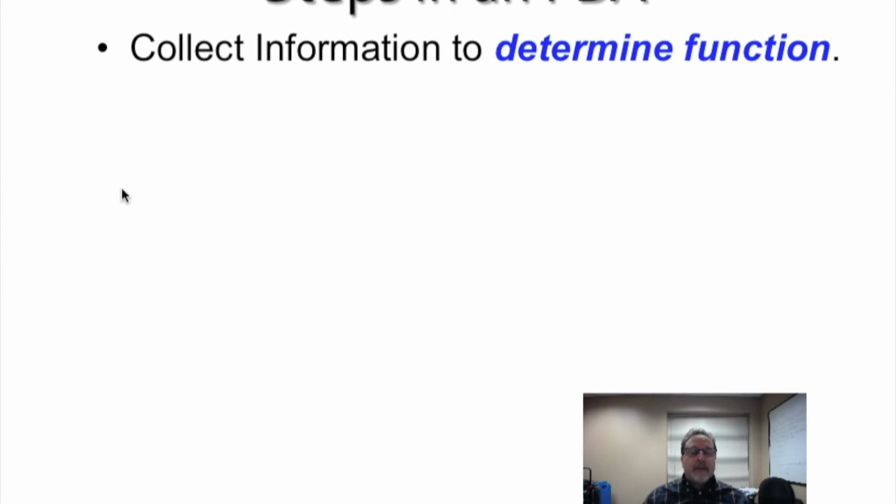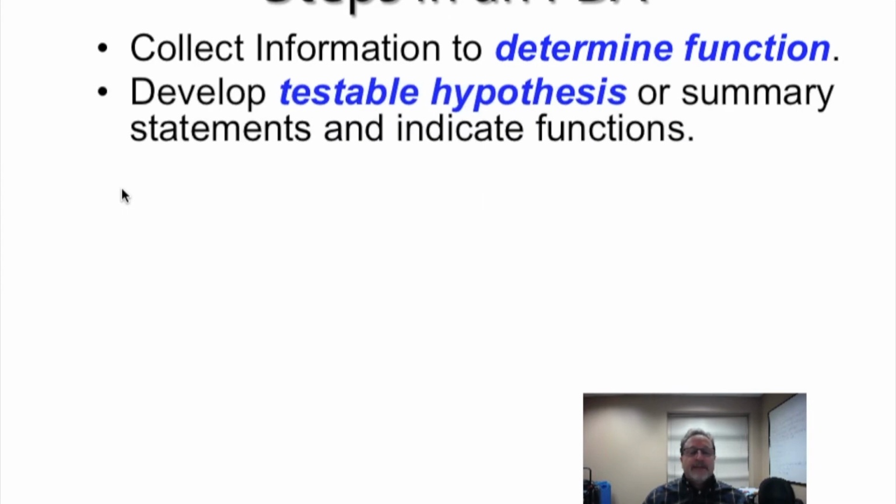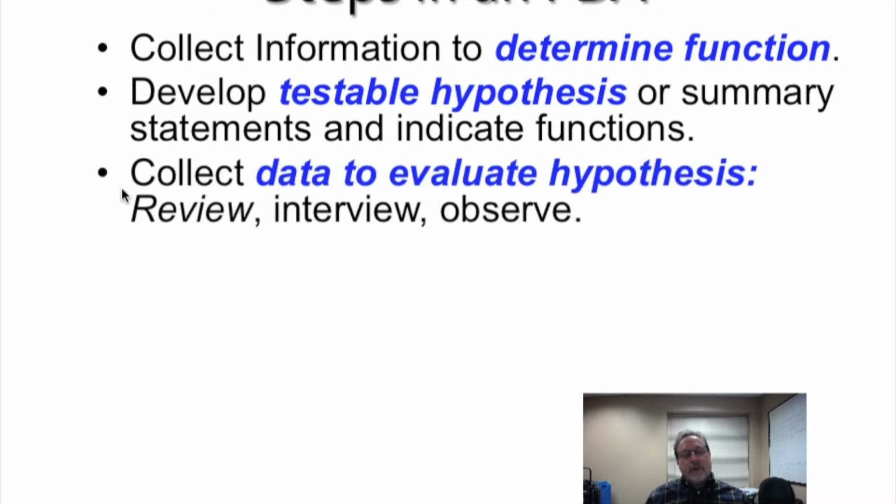Okay? So, continuing, collect information to determine function, develop a testable hypothesis. Fancy way of saying, given that information that you've collected initially, sort of like when we talked about with the academics, can we identify a problem? And what do we identify as that, not just the problem behavior, but what do we identify as potentially those antecedents that trigger the behavior and those consequences that maintain the behavior. So with your initial information, you put together your best thoughts about really what is going on with that student and why it continues to occur.